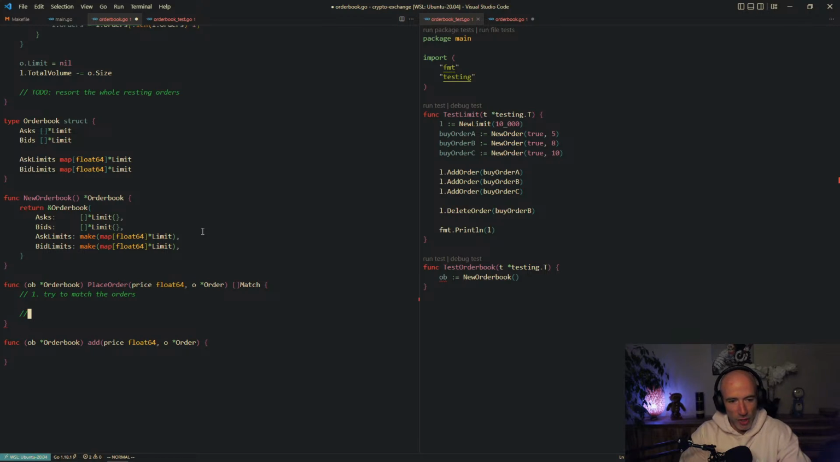So first we're going to try to match the orders. The next step is we're going to add the rest of the order to the books, all right? And that is what we can do. So we can say that if the order open size is bigger than 0,